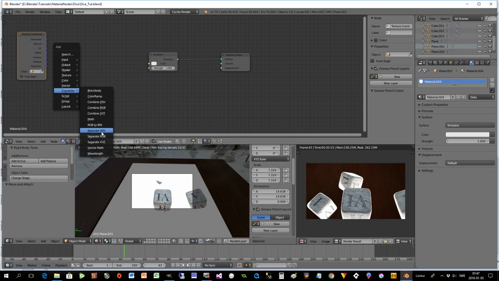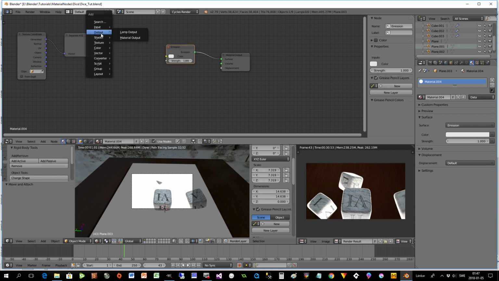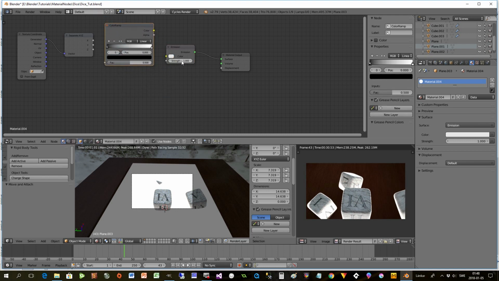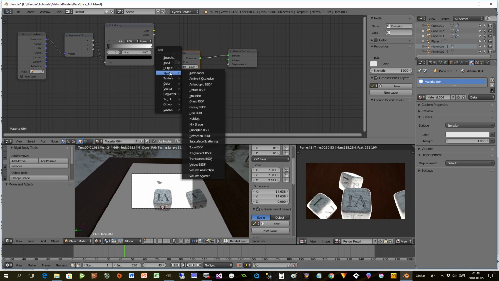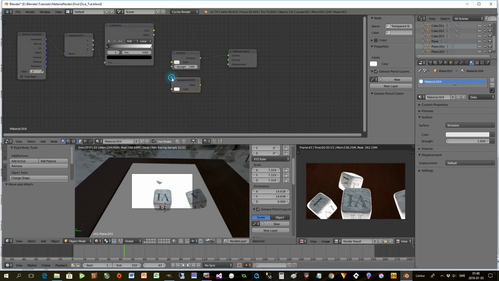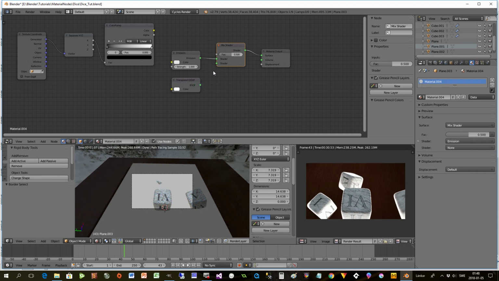So we put a converter, Separate XYZ, and we put the two color ramp. So converter again, color ramp, and that color ramp we will use from, we can take X, I think that will be good. And the emission, we will also combine that one with, let's see if we can find it, transparent, and we mix those two together like this,